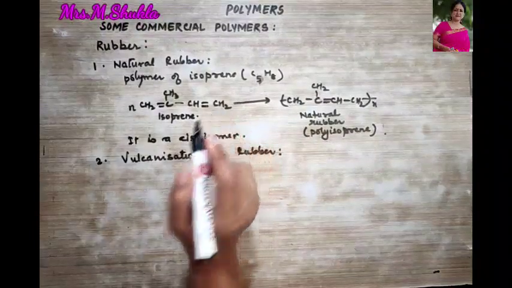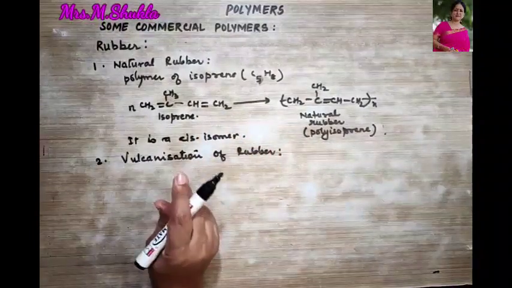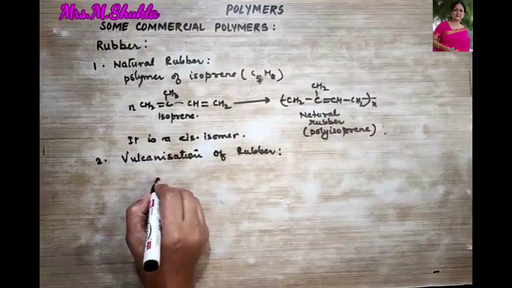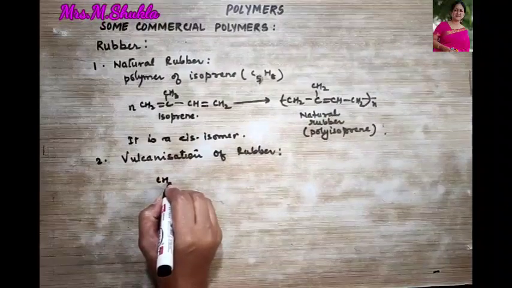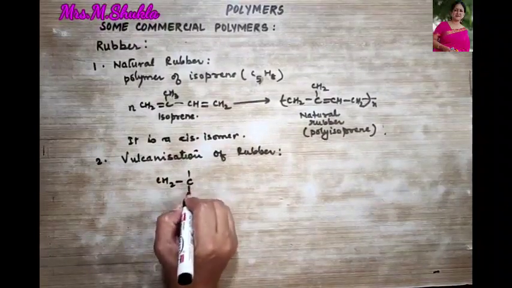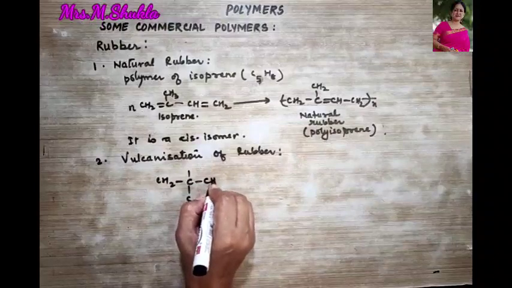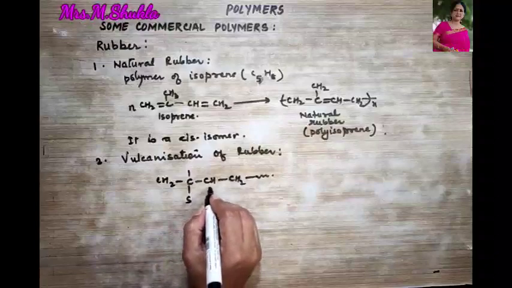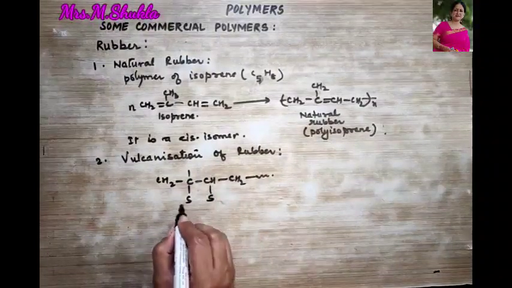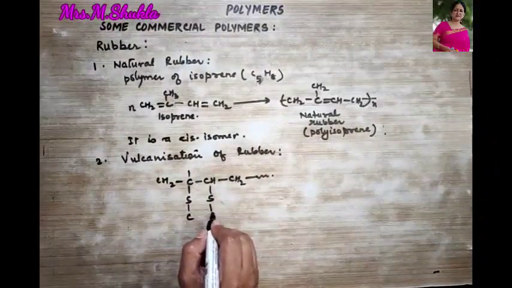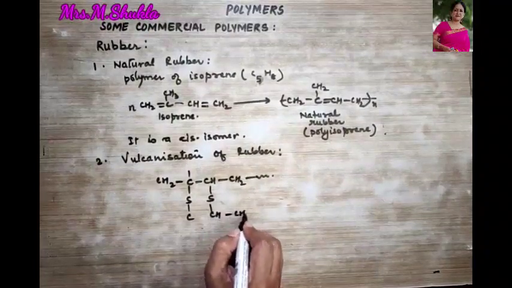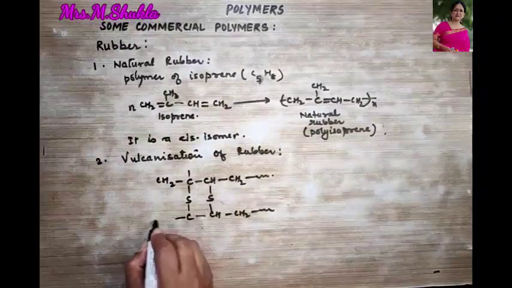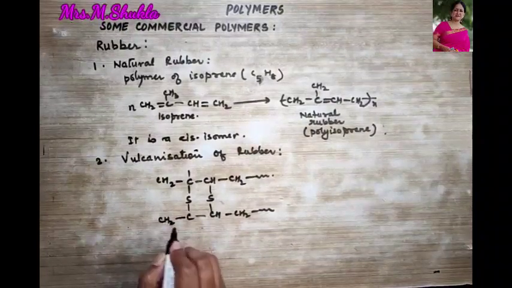So over here, let us look at the structure of the vulcanized rubber that is in your syllabus. So it is like CH2C, it is attached from here. Let me draw the whole thing. This gets attached further. Then this is S, sulfur getting attached to the carbon, CH2. This gets attached, this is attached over here. Then CH2.